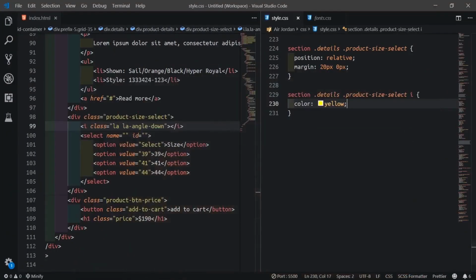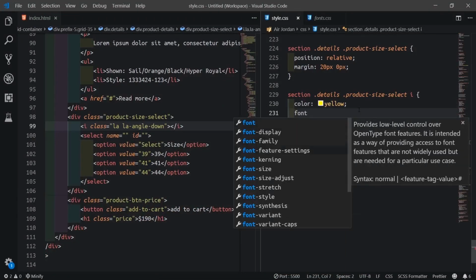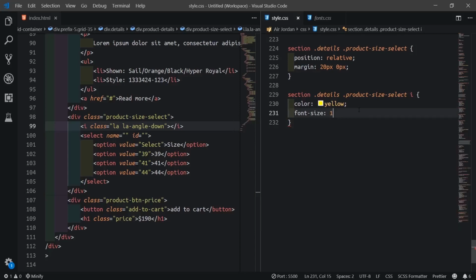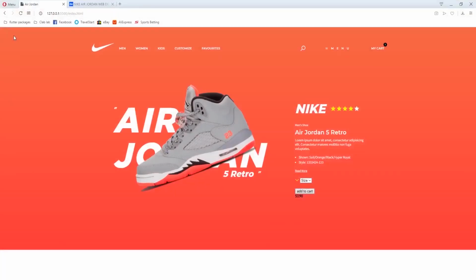We'll give the color yellow. Okay. Then we'll leave them here first, or we'll just increase the font size. Font size to be like 1 EM. Refresh.